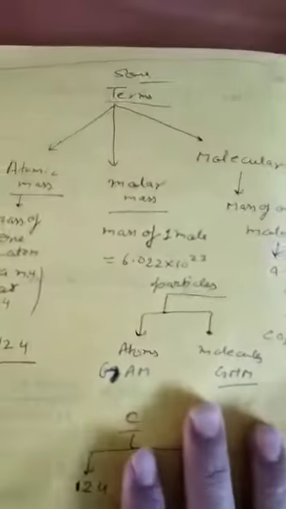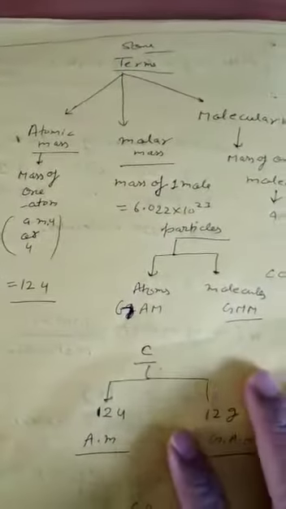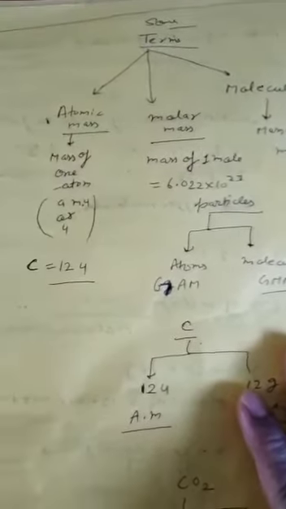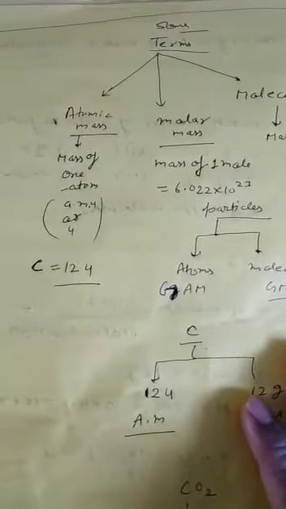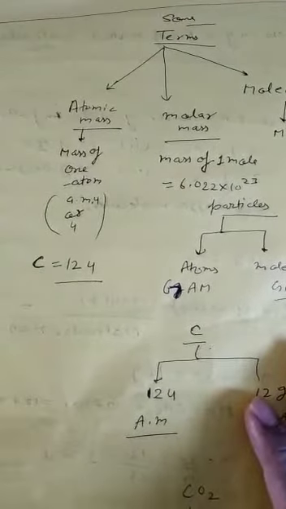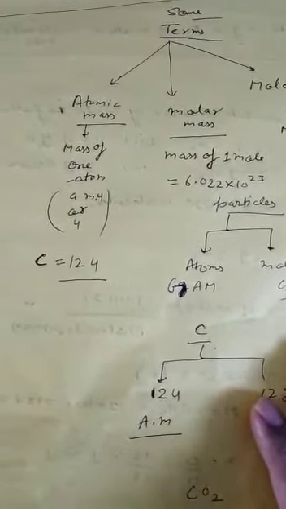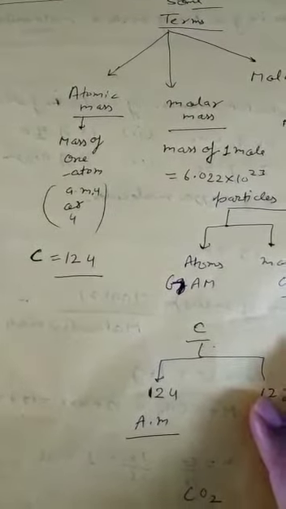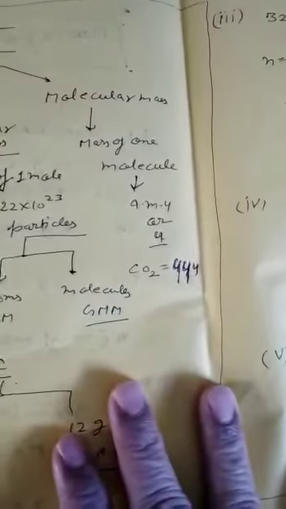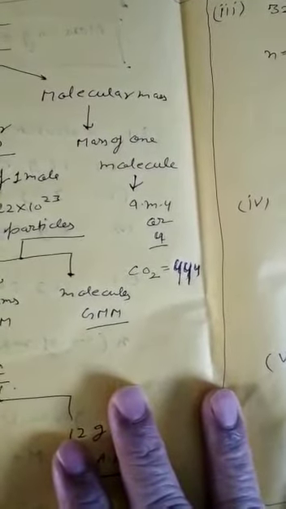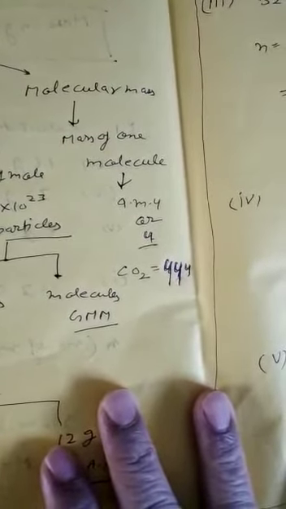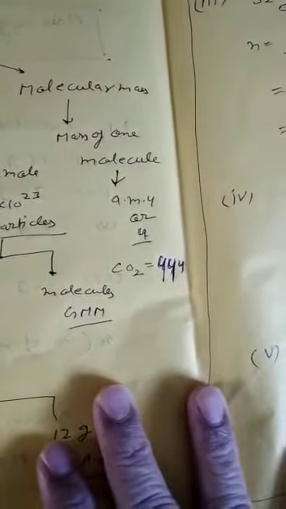So now students, I want to clear some terms. You have 3 terms: first atomic mass, second molar mass and third molecular mass. Now what is atomic mass? We have already discussed, that is mass of one atom, and that is equal to the number of protons and neutrons present in that atom, and the unit is U or AMU. Now second, molecular mass, that is sum of atomic masses, or we can say mass of one molecule, and here the unit is the same, that is AMU or unified mass U.